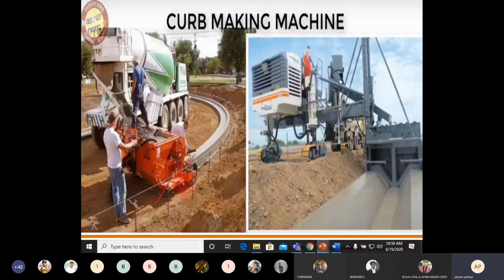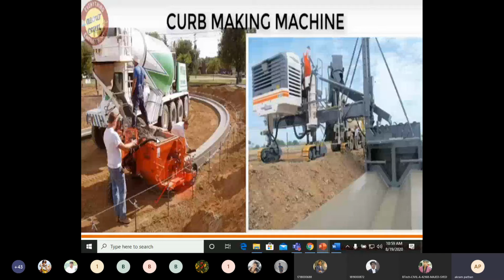Here, from this TM machine, which is a concrete mixer, truck mounted, there is another channel for releasing concrete into this bowl, and this is an operator who operates it. This is the work we can do with the advanced machine.